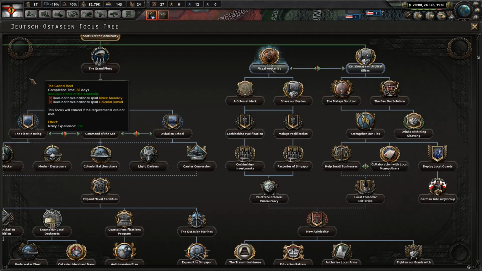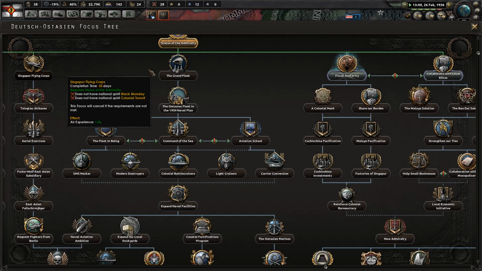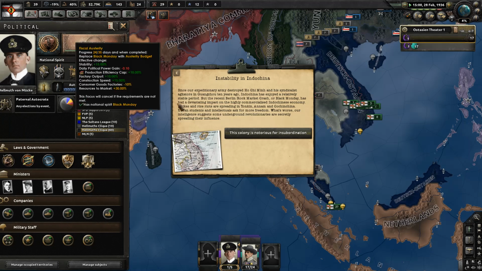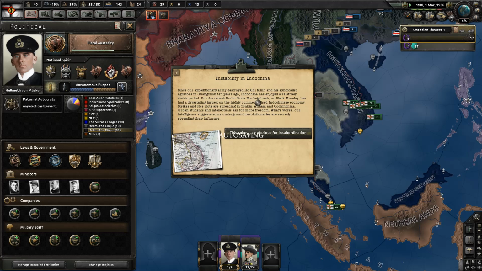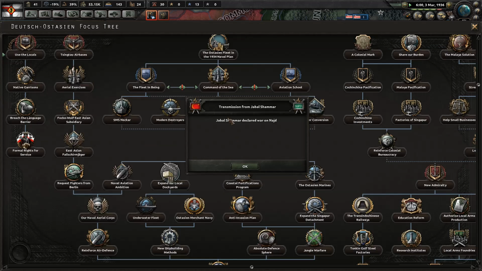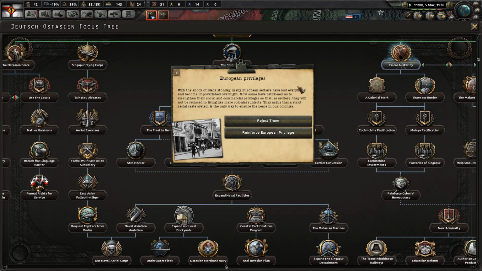Alright, now let's talk about the naval tree. You can begin to take the naval tree as well as the air corps and the land one once you have gotten rid of both of these national spirits. A little bit of instability in Indochina, that's always going to be happening. You can't come down here until you've worked on your navy, because your navy is obviously a very important part of your